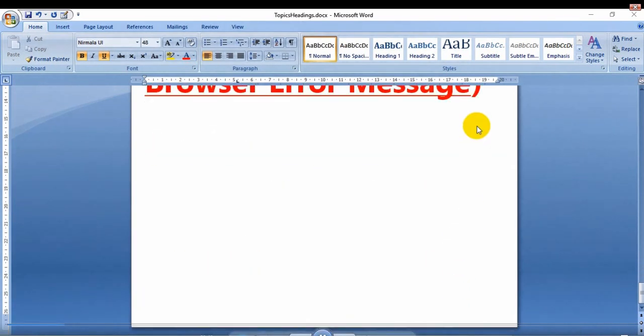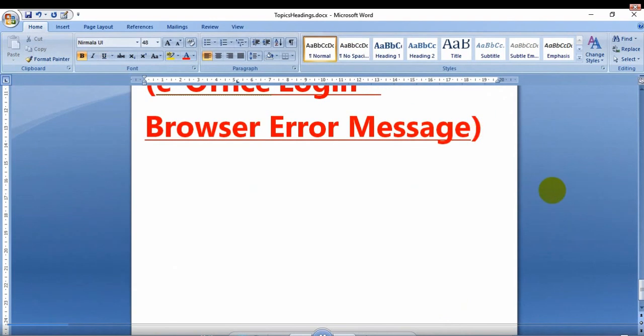I will come down to this document and write the error messages we usually see. These are not actually related to eOffice, but what really happens is that all the browsers have a number of security checks. They help in restricting users from going to dangerous websites that may harm our computers or laptops. Those websites may bring viruses, malware, or spyware. So to keep us safe, they restrict those websites.